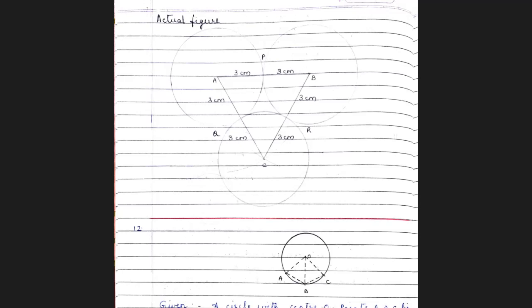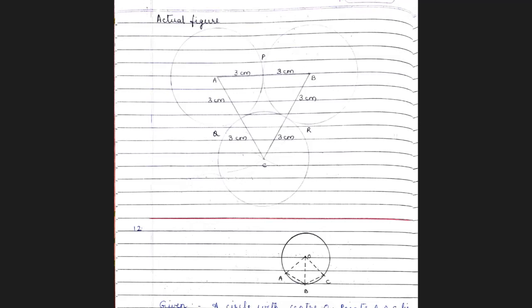Children, I hope you are able to see the point C where both these arcs meet. Okay. Now you have got an equilateral triangle which is 6 centimeters in measure. Now next, keep the steel point at A, 3 centimeter radius, and draw a circle. So you get a circle with A as the center and AP as the radius, which is 3 centimeters in measure. Next, steel point at B, same 3 centimeter measure, you're going to draw another circle.